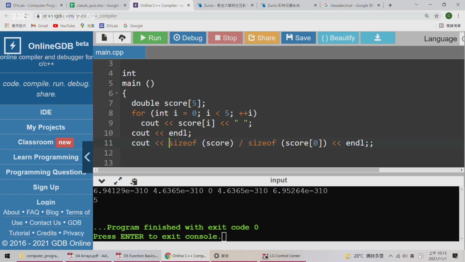And the numerator is sizeof score. This returns the memory size of the array. This array has 40 bytes because one double has 8 bytes, and this array has 5 elements, so 5 times 8 is 40. So sizeof score is 40,